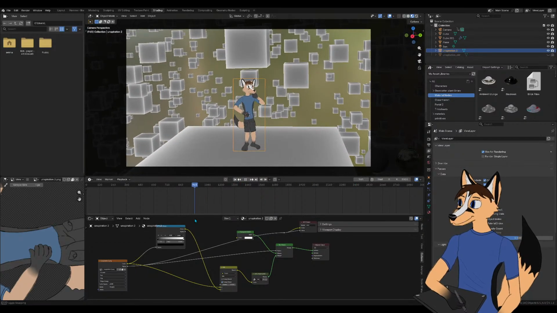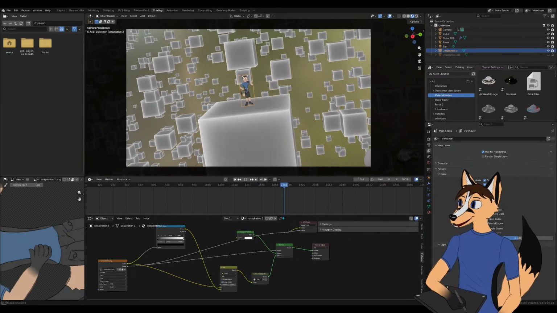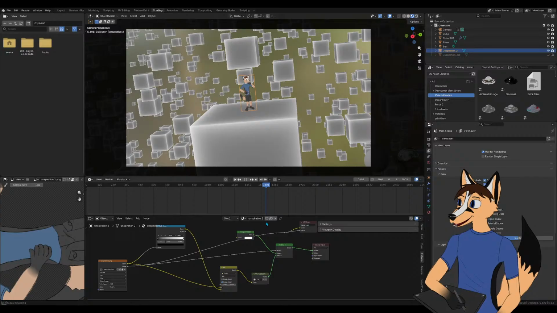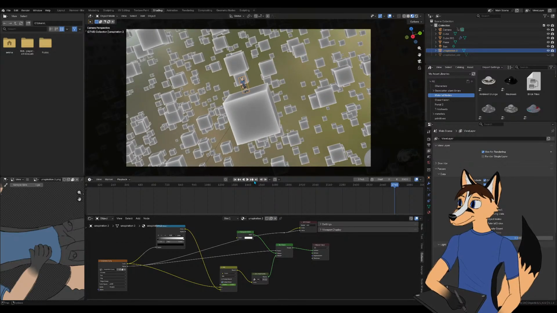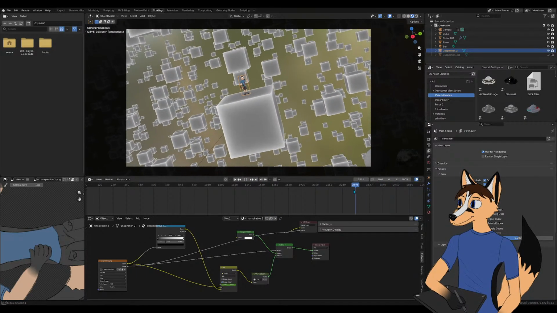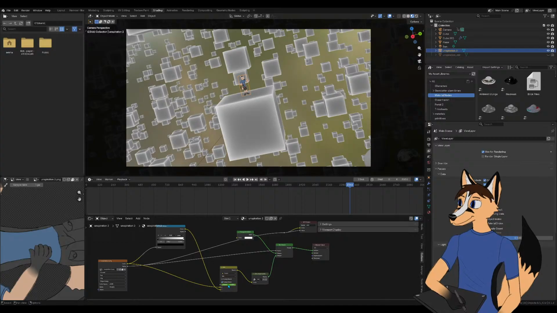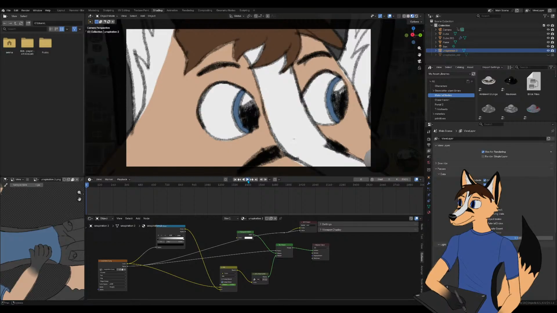So I'm thinking with the fade to grayscale, it'll be maybe halfway through the reveal of Blue being on this cube. So I'll just keyframe there, and then roughly here it'll fade fully to grayscale at that point. Let's see how that feels.